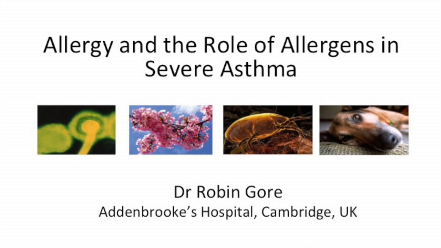You'll see on this diagram, on the first title slide, we have the common sources of air allergen important to us in the UK. We've got the house dust mite, third one along. We've got your dog, we haven't got a cat. We've got birch pollen there, we should also have grass pollen. And on the left-hand side, we've got a fluorescence micrograph of a fruiting head of Aspergillus fumigatus.